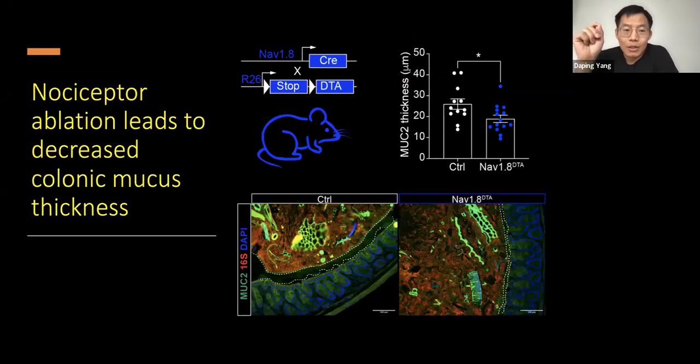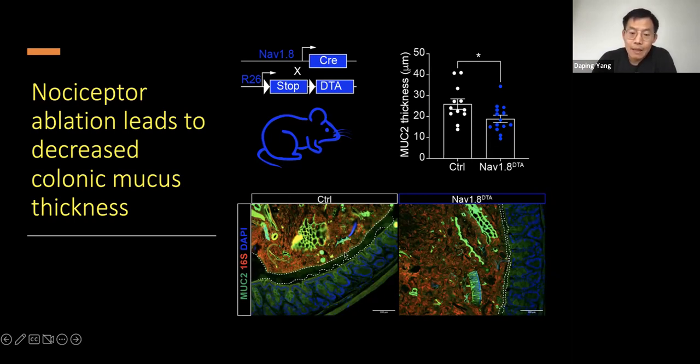To address this question, we generated nociceptor-specific ablated mice by crossing Nav1.8-Cre, which is a specific marker for nociceptor neurons, with DTA flox mice. With these mice, the nociceptor neurons will be specifically depleted. We performed MUC2 and 16S co-staining, which labels the mucus molecules and the fecal bacteria respectively in